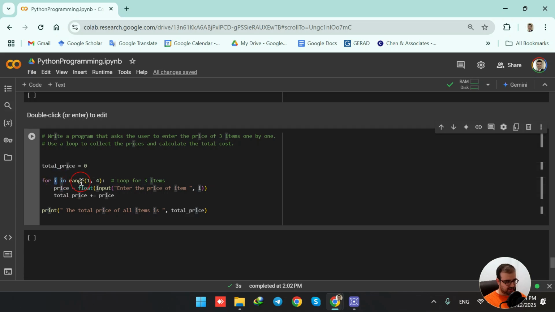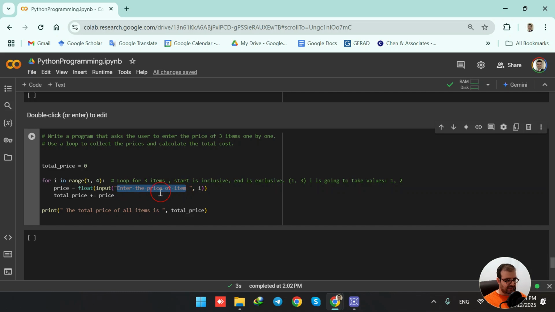So the I variable is initialized starting from 1 and ends at 3, because the start is inclusive and the end is exclusive. So if I type down the range between 1 and 3, I is going to take values 1 and 2 because the end, that 3, is exclusive. Therefore, if we want to ask for 3 items, we need to ask for the range of 1 to 4. So for any I in the range 1 to 4, we are going to ask the user to